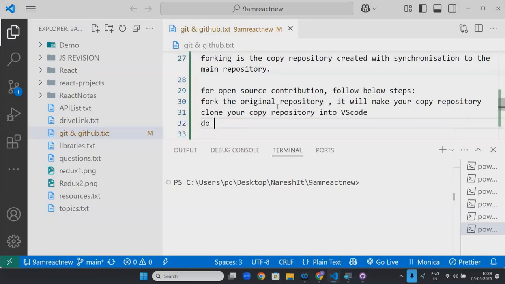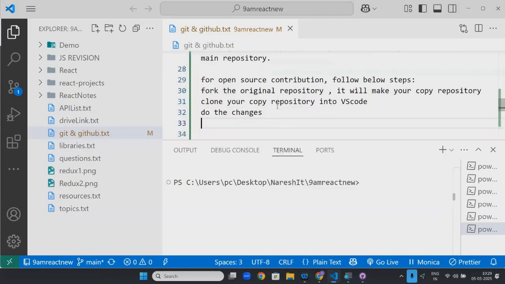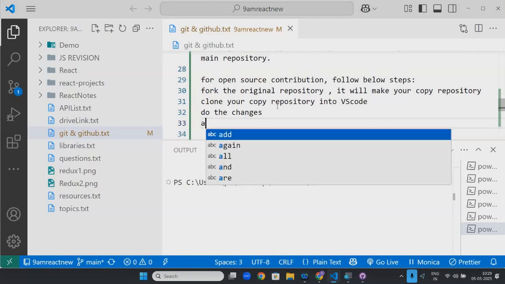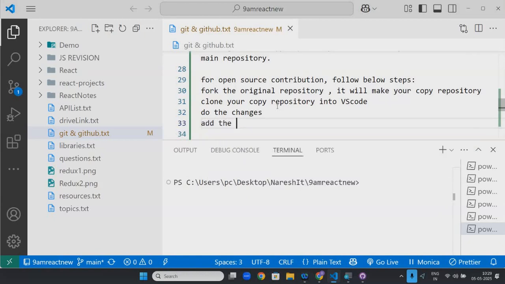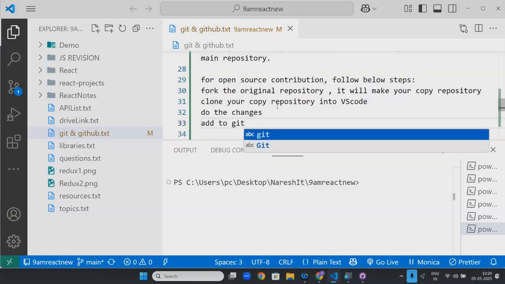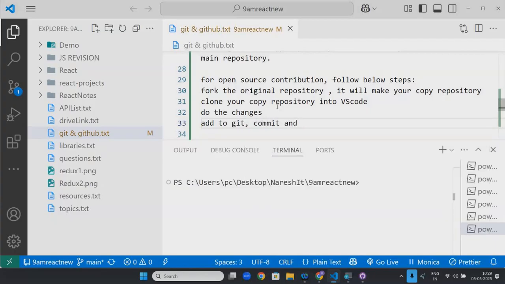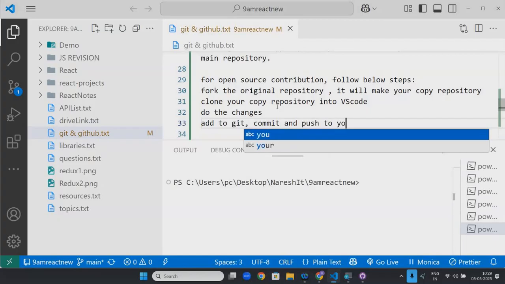Do the changes. Add to the Git, commit and push to your repository, your copy repository.